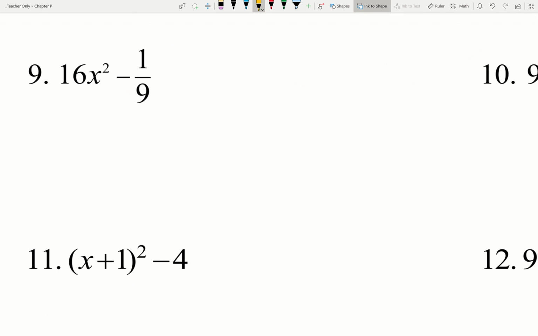Okay, next one, going to get a little bit more challenging to notice our forms here, but again, some flags, some hints. What do you notice? Well, I notice that I've got two terms. I notice that I've got a big minus here, so that's the difference of something. I notice that I've got an exponent of 2,